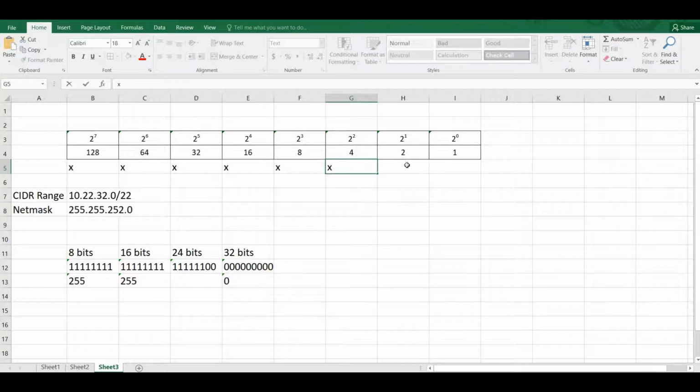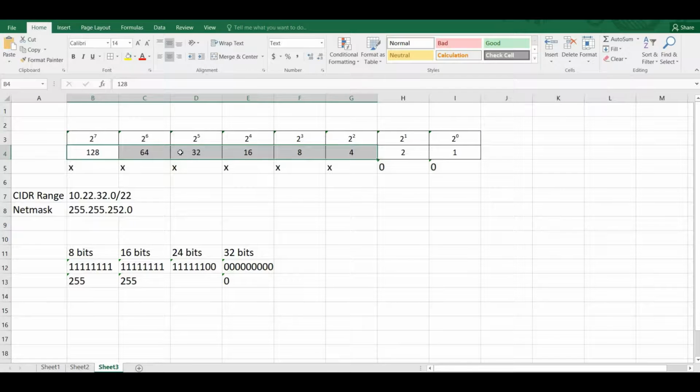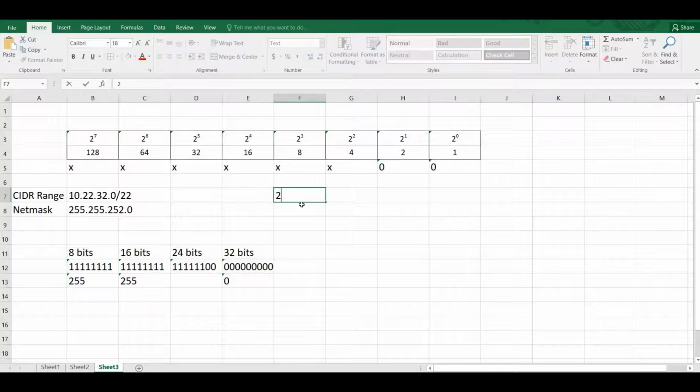The first 6 are fixed, and the next 2 are available, which can change. So if we calculate all this, it will come to 252. So this will be substituted here. This is the net mask value 255.255.252.0.